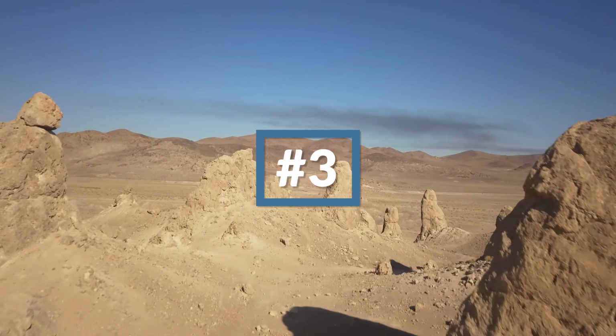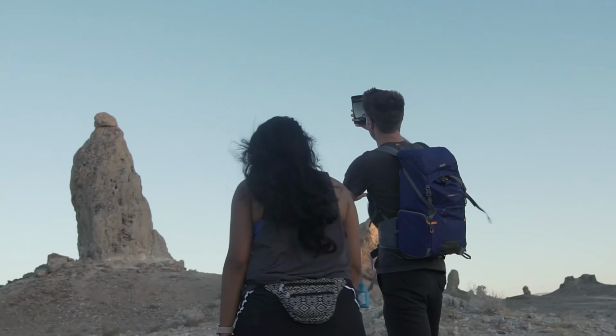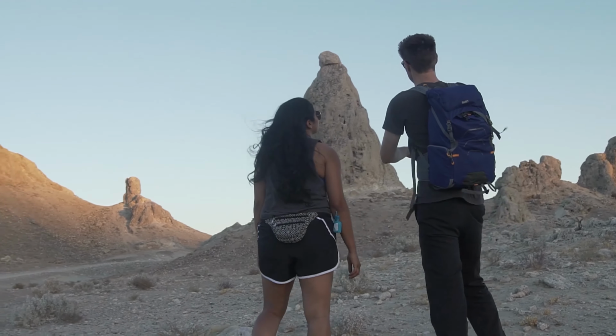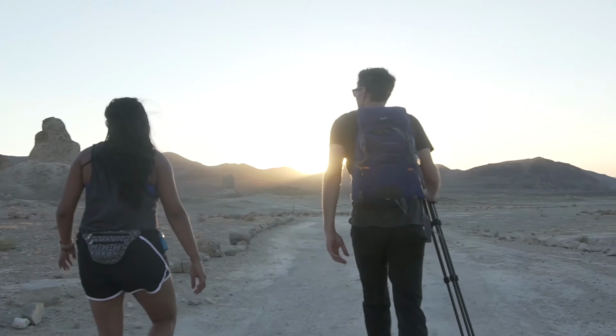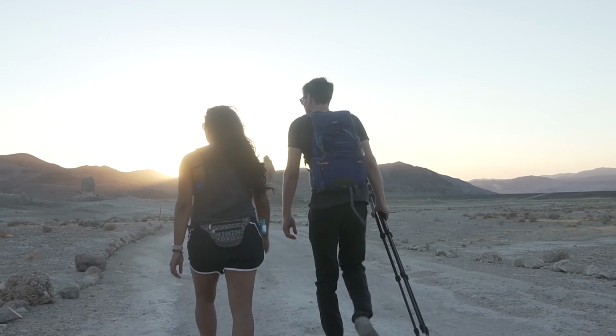Okay, so step 3, scout your location before it gets dark. As I mentioned, you're going to want to find locations that have no light pollution. This is when your stars are going to shine best. This is when there's not going to be blown out landscapes. And to find these locations, not only are you going to be kind of trekking out into these spots, but